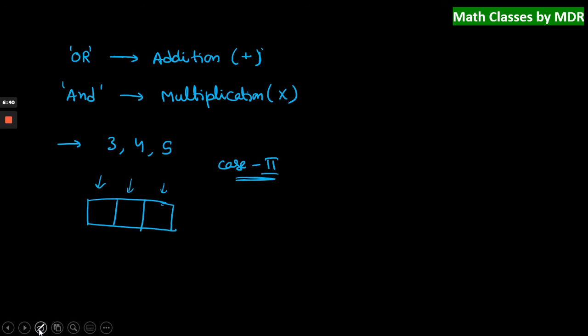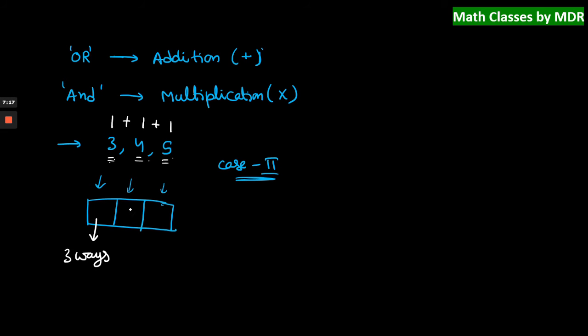When repetition is not allowed, in how many ways can I arrange the 100's place? In this place, I can use either 3 or 4 or 5. Or means addition. So how many possibilities using 3? One way. Or I can use 4, that is one way. Or I can use 5, that is one way. Wherever you see "or", you take the addition, so this is 3 ways.